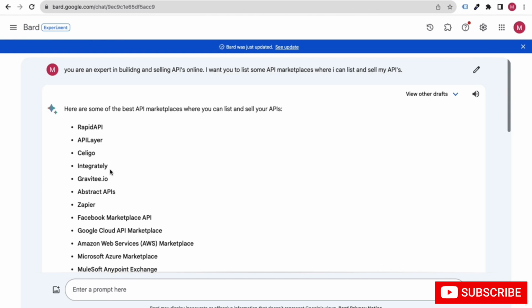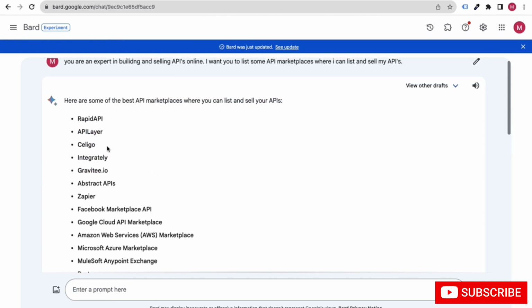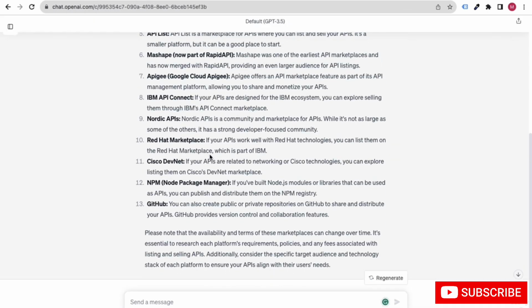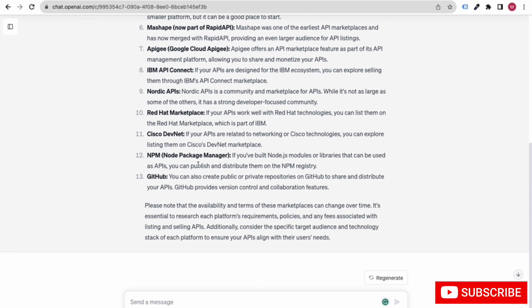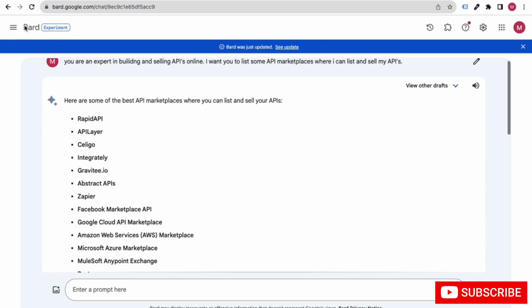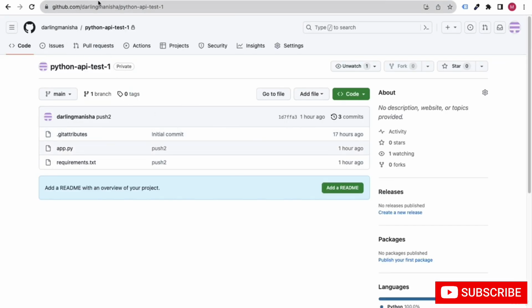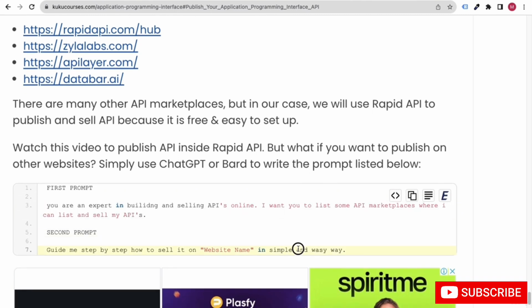So here we have these websites, and you can see ChatGPT has also given a lot of websites. So if you want to know the step-by-step guide for some other website, I am going to teach you with Rapid API.